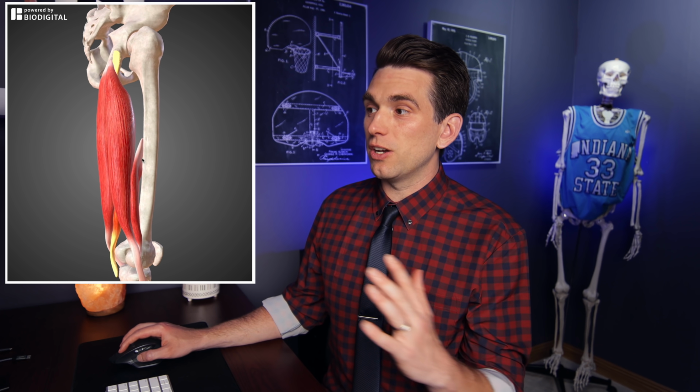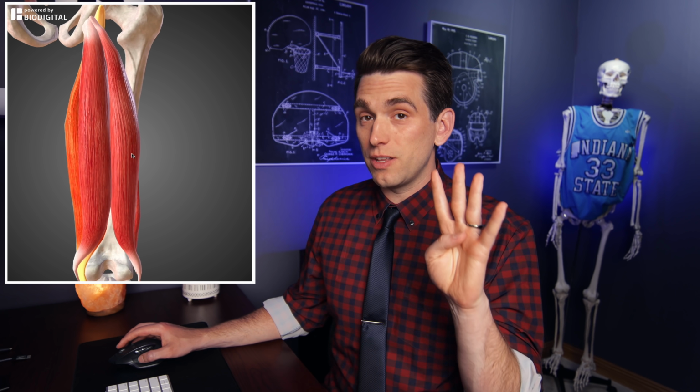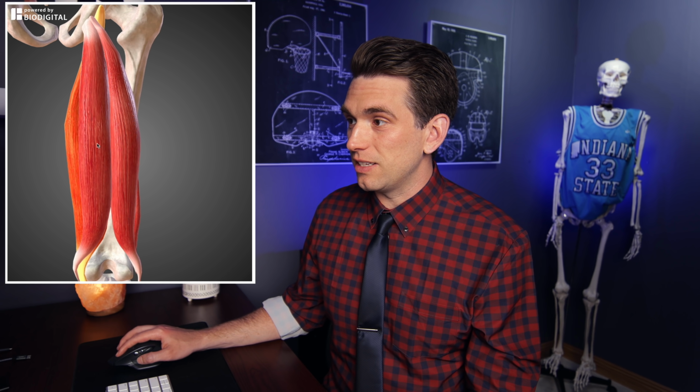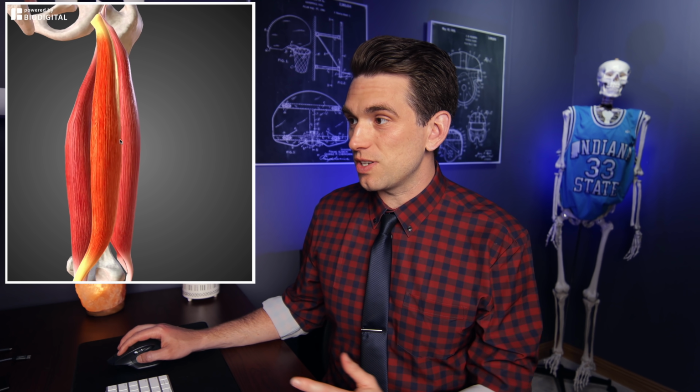And then after the play, he's of course grabbing at that area on the back of the thigh where the hamstring muscles live. If we look at our biodigital anatomy tool here, I've highlighted the hamstring muscles. And of course, these are a group of muscles that sit in the posterior or back portion of the thigh. There's 4 hamstring muscles. On the inside, we have the semitendinosus, deep to that, the semimembranosus, and then on the